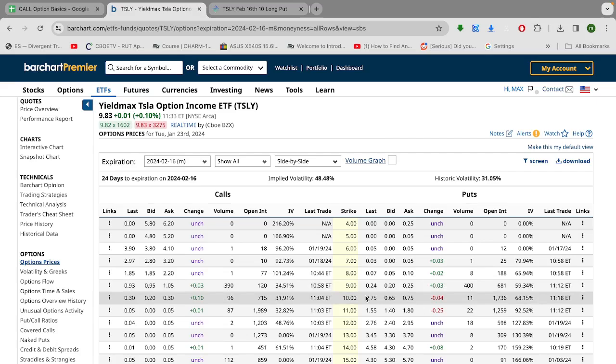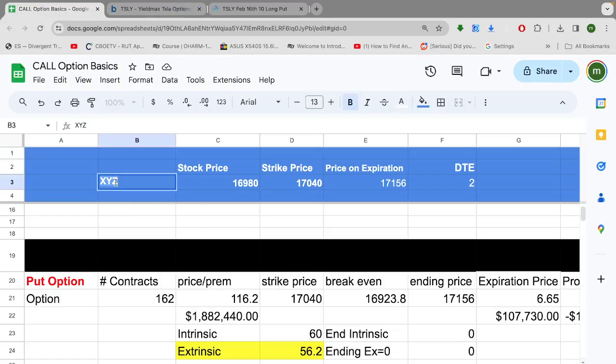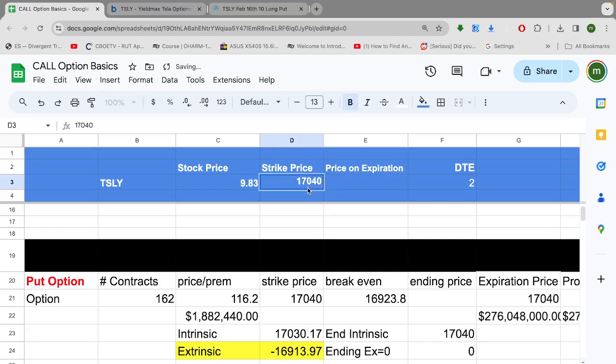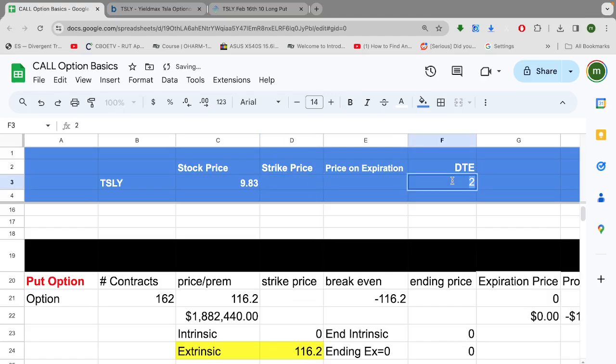All right, so I might just put them into the calculator. Let's go back here to the basic option calculator. We're going to change the underlying up here to TSLY, and we're going to put $9.83 in, because that's the current price. All right, and then what we're going to do next is put the strike price in. I don't even know how many days till expiration it has. Probably about 3 weeks. This doesn't really matter that much for this lesson, but we'll just put 20 days there